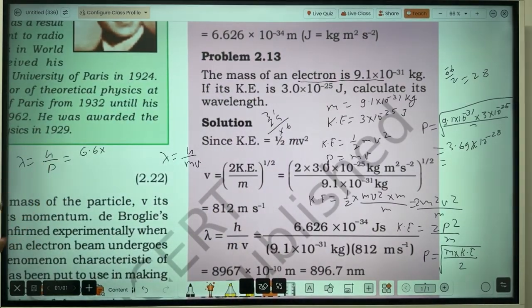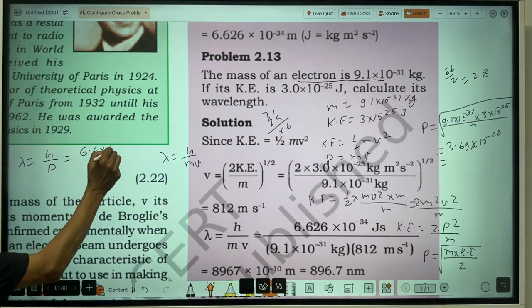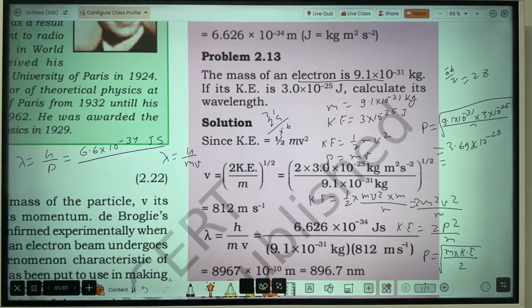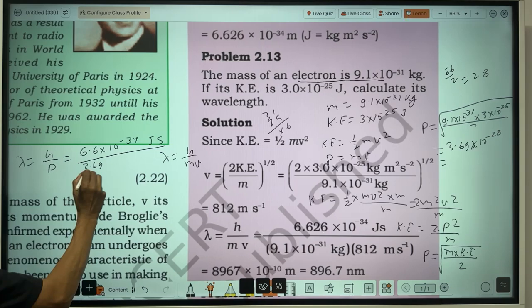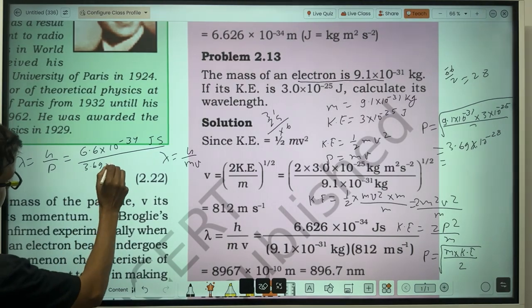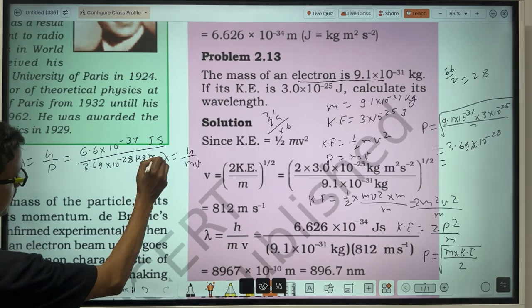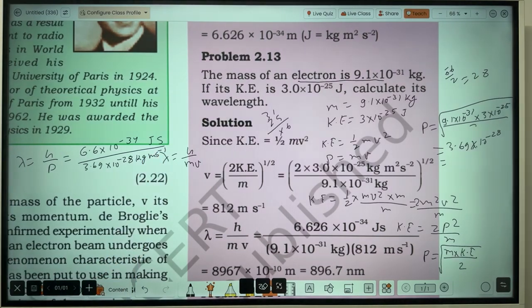So momentum is h upon p, that will be 6.6 into 10 to the power minus 34 joule second upon 3.69 into 10 to the power minus 28, that is in kg meter per second. So now 6.6 divided by 3.69,